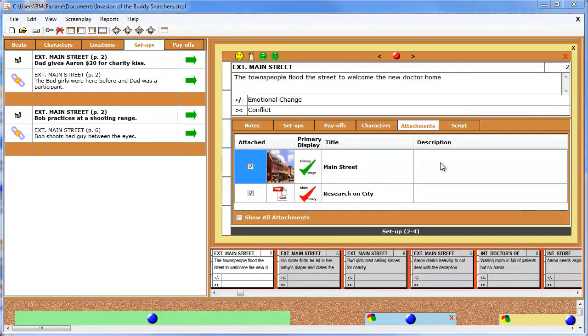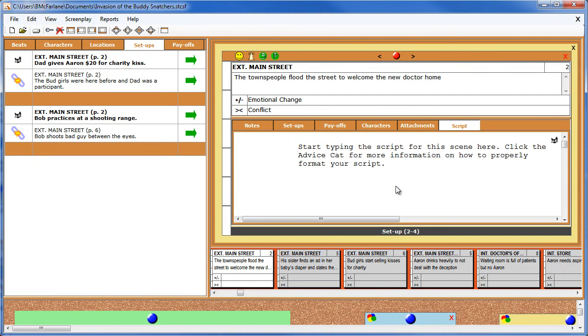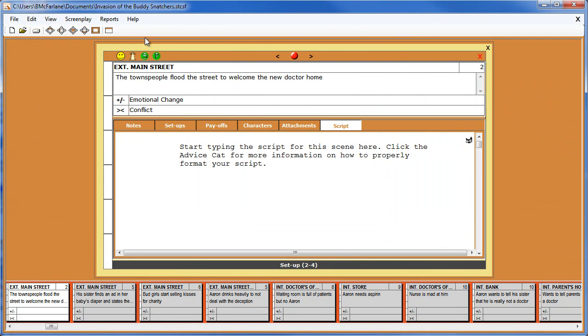Now that you've got your scene figured out, in order to turn it into a full-fledged screenplay, you've got to write the script with the action and dialogue. I'm just going to click the script tab, and then to give me a little bit more room, I'm going to go into full board view. Now this isn't a full-blown word processor, but it does help you type a properly formatted script. This is just a little information to get you started, so I'm going to erase that,